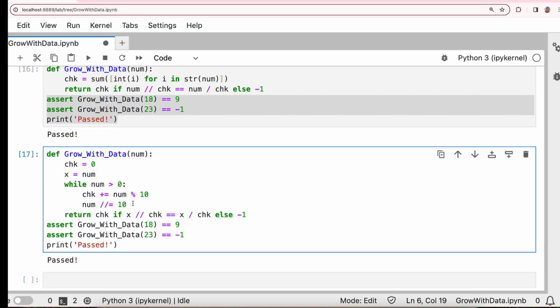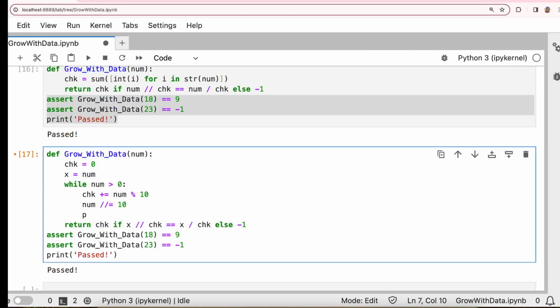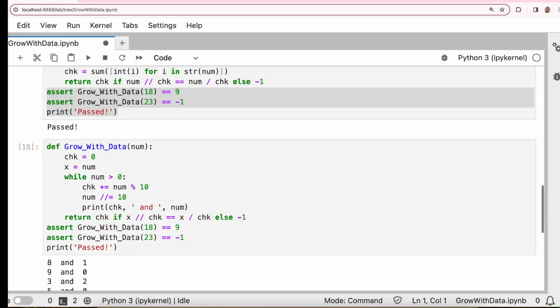So if you want to see what is happening with the check and the number, you can just print check and the num. So the num is going to be reducing one by one.